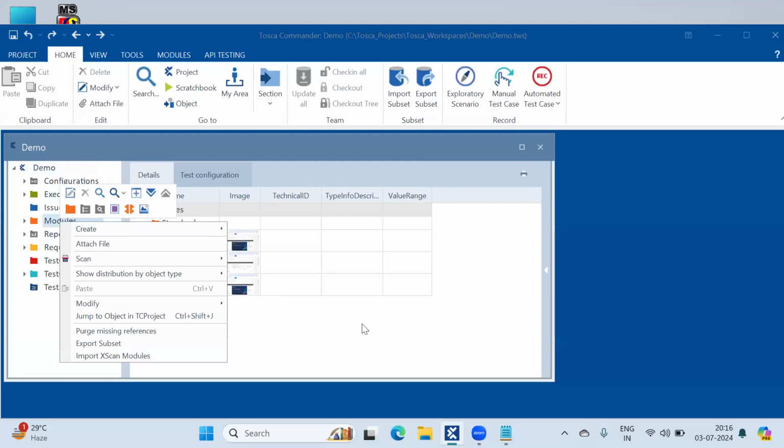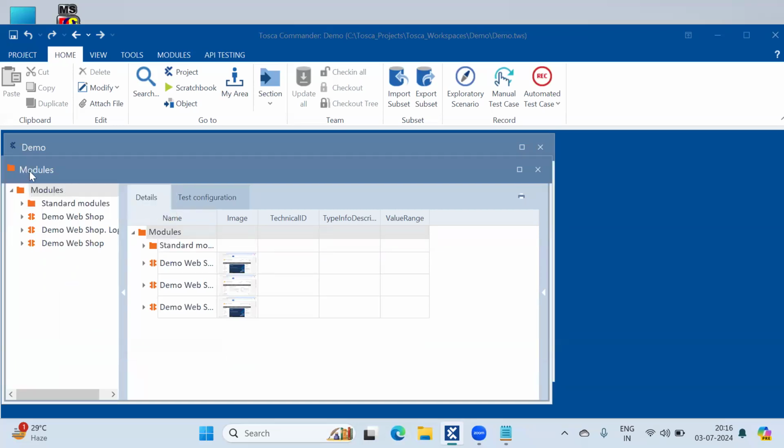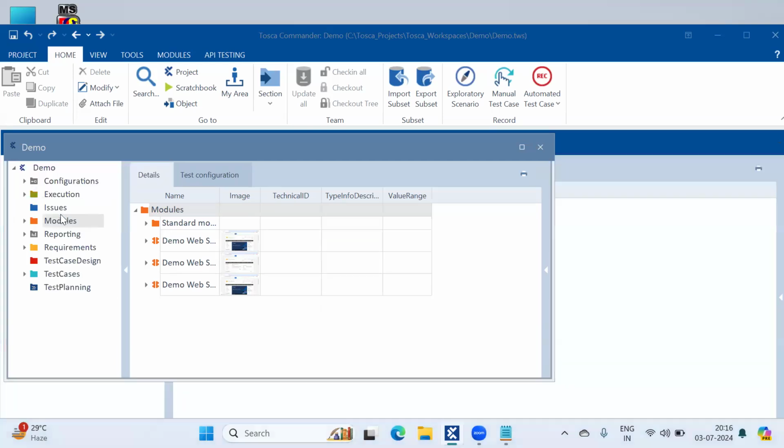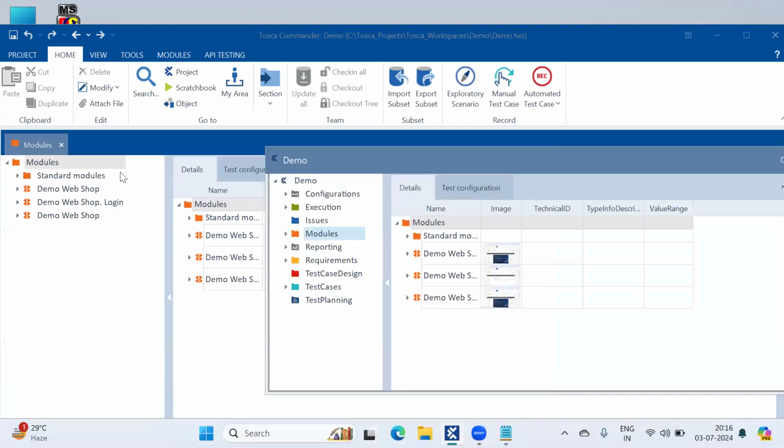Click on open in new window. Once you get the new window, right click on that module structure. Click on dock as tab document. You can see one tab is formed. You get it in a separate tab.